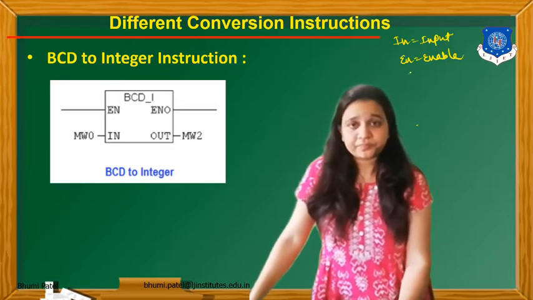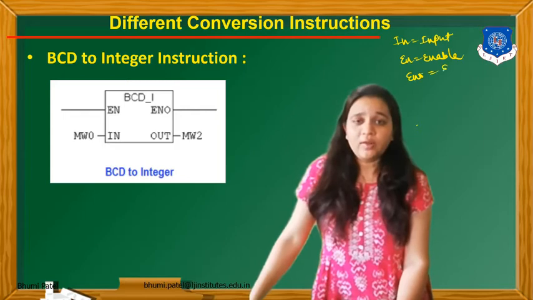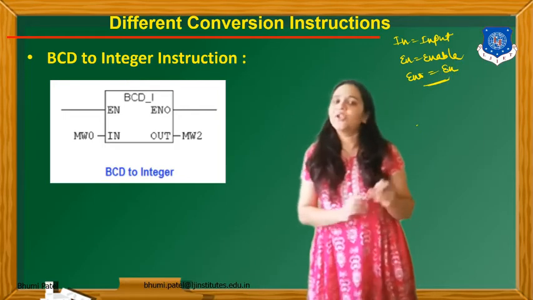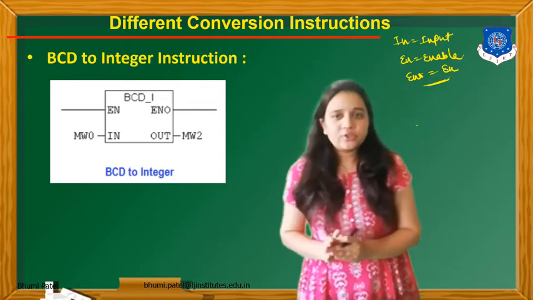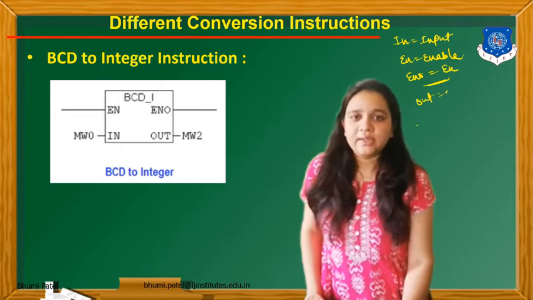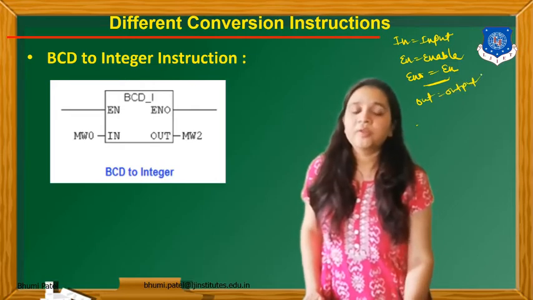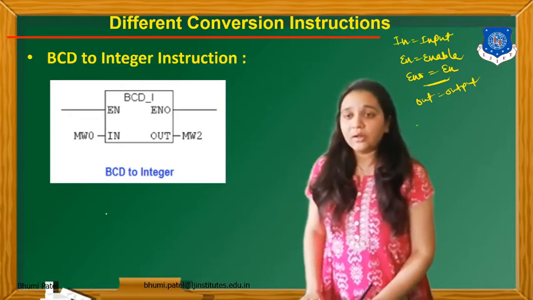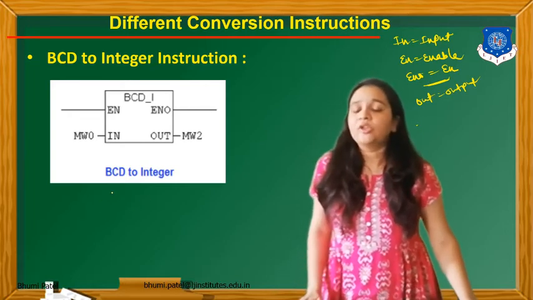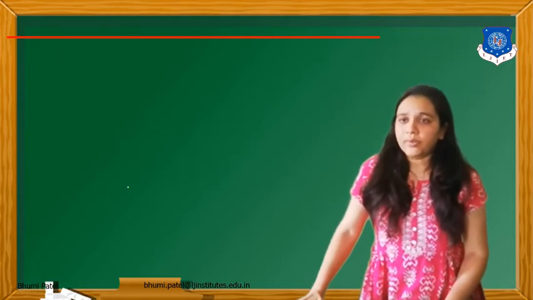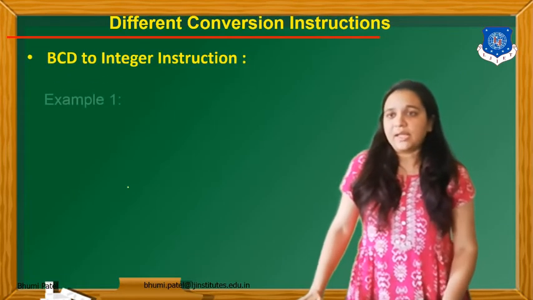The ENO is always equal to the enable pin. If enable is high, ENO is high. If enable is low, ENO is low, and OUT indicates my output terminal. So using BCD to integer, if a BCD number is applied at the input, it will be converted into an integer number. Suppose the example is there,